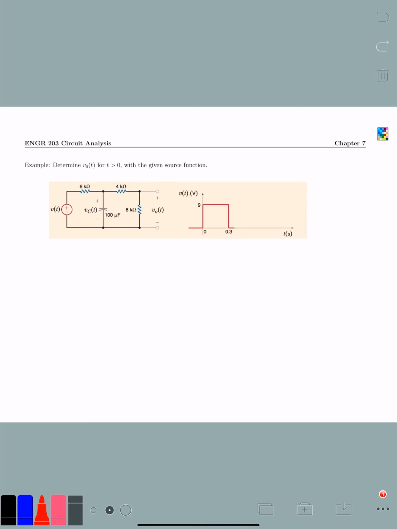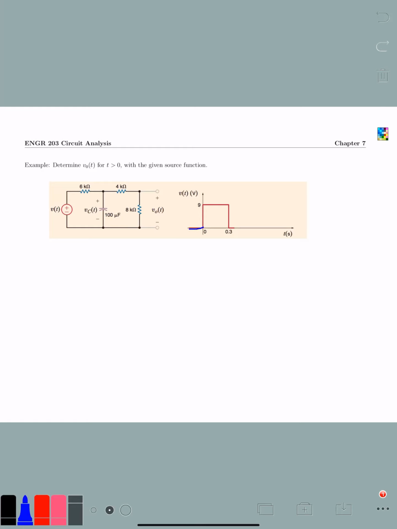Okay, so while this problem may not look it, this is pretty much going to be the most involved problem in all of Chapter 7. I'd like to do at least one example like this, but I wouldn't worry too much about it for your exam. So the thing is in this problem, it doesn't look like that much, but you notice how we have